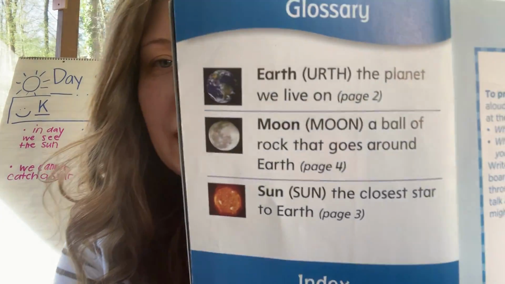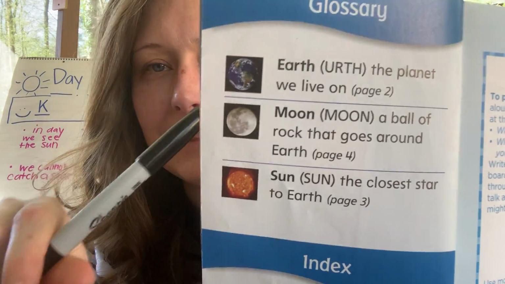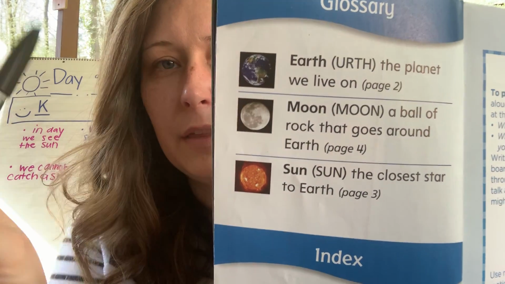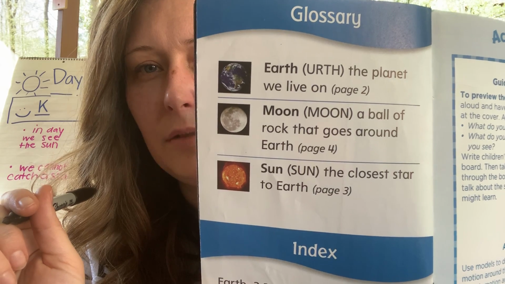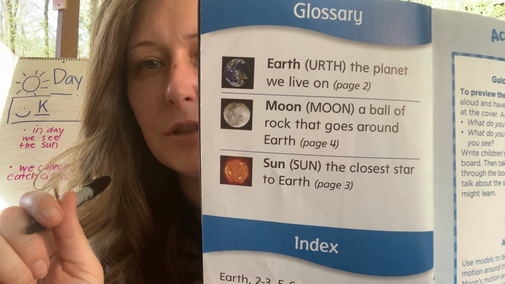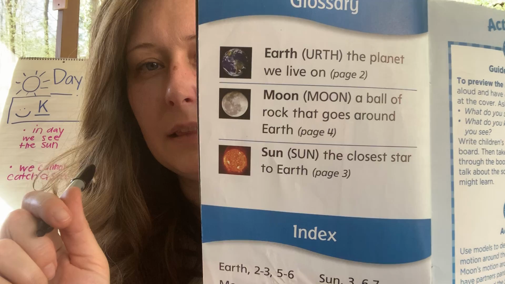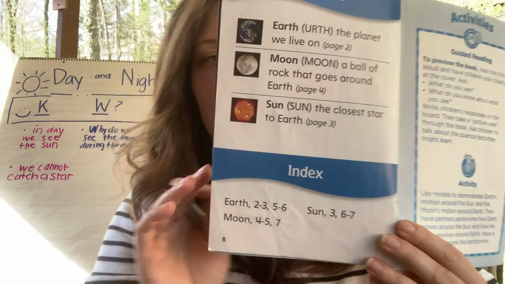Here's our glossary again, just like the one we looked at last night. This one is about the earth, the planet we live on, the moon, a ball of rock that goes around earth, sun, the closest star to earth. There we go. We did such a good job